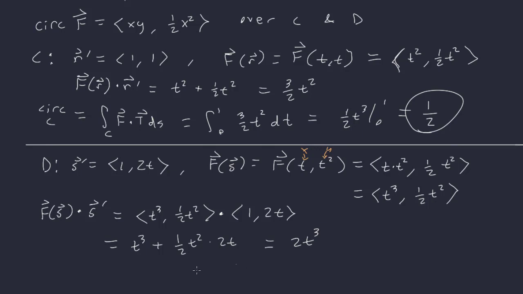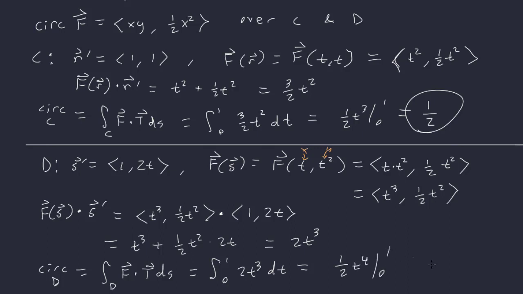All right, so the circulation over D will be the integral over D of F dot T ds, which will end up being the integral from 0 to 1 of 2t cubed dt. Okay, when we integrate that, the integral of 2t cubed is going to be 1/2 t to the 4th, evaluated from 0 to 1, so we get